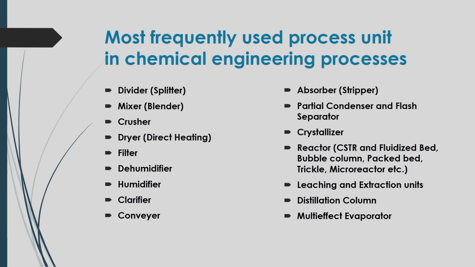Multi-effect evaporator: there you sometimes have to evaporate liquid materials to their vapor form, and maybe a multi-effect evaporator will be there. There may be successively more than one evaporator to get the desired fractions of materials in the vaporized form. So, these are the several process units used in conventional chemical engineering processes, and for those process units you have to do the material balance based on material balance